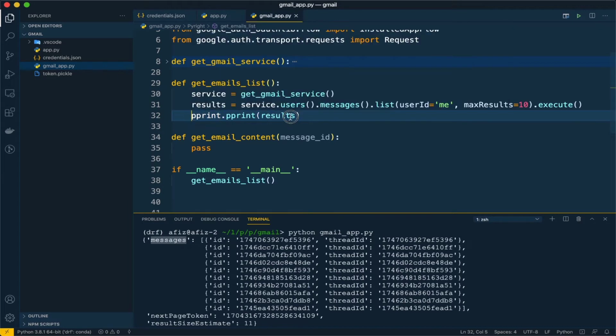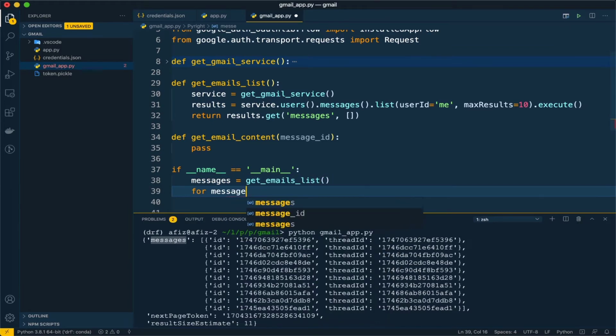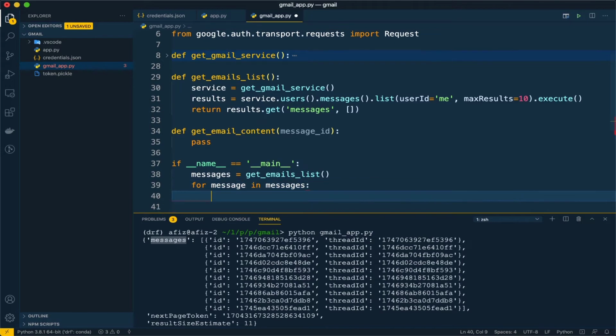Instead of doing pprint over here, I will return results dot get messages, and if there are no results then we will return an empty object. Here I will save them in a variable called messages, and now let's print each message in messages.